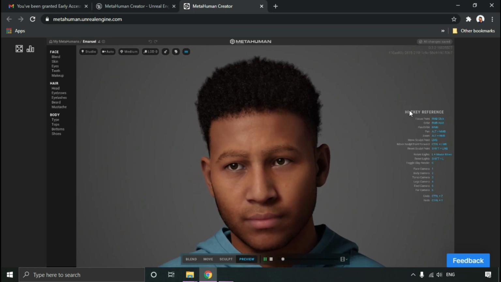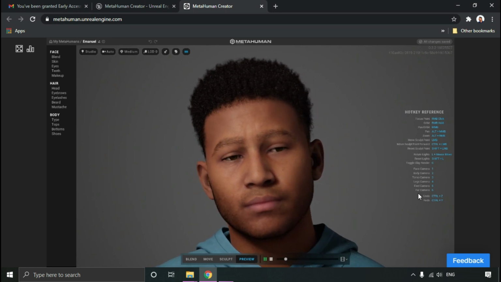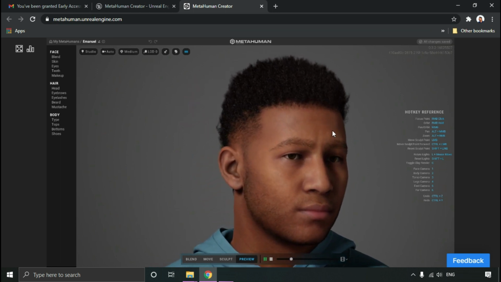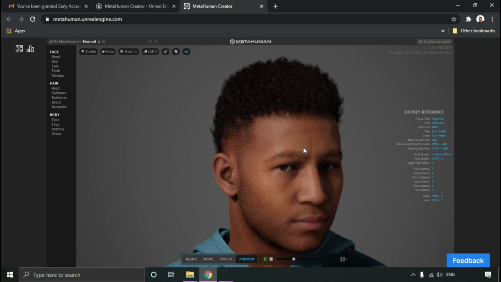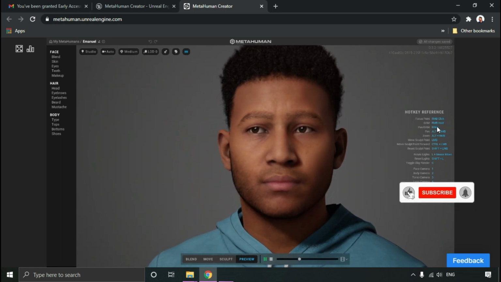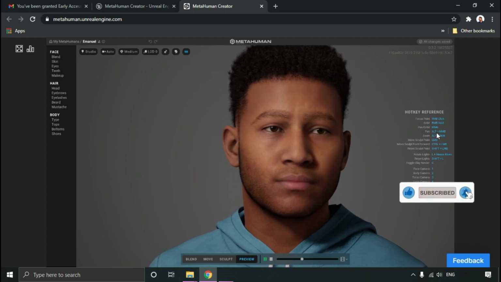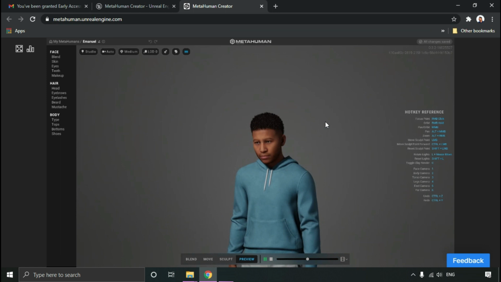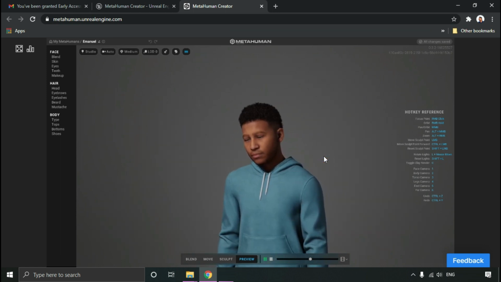All of the hotkey references are on the right hand side of the screen. As you can see, the focus point is right mouse button click, and we have the pan as alt middle mouse button, and of course scroll down is zoom out.